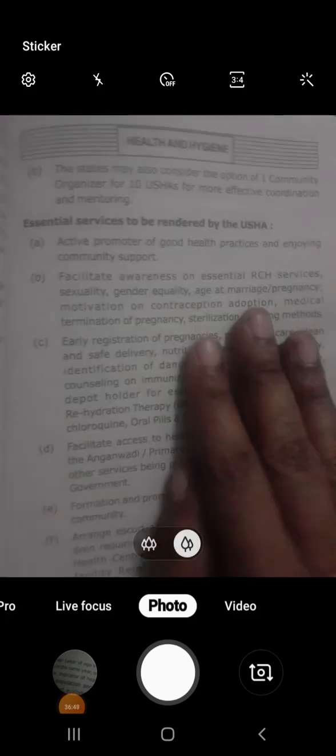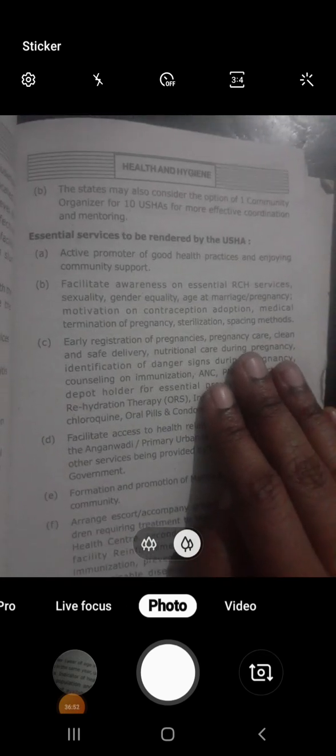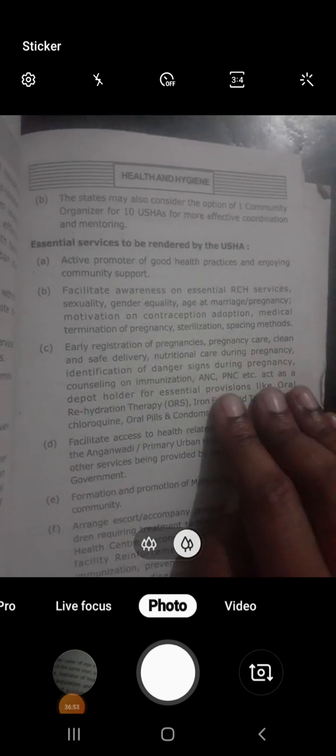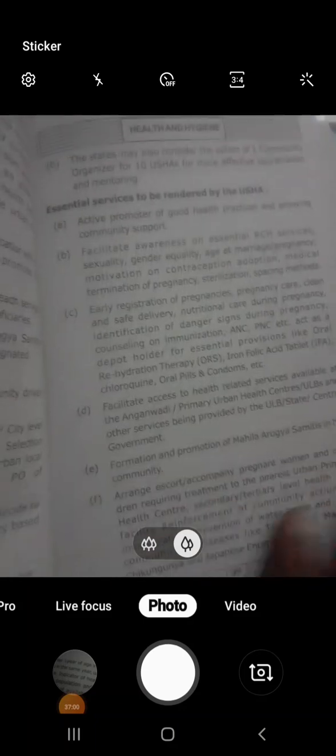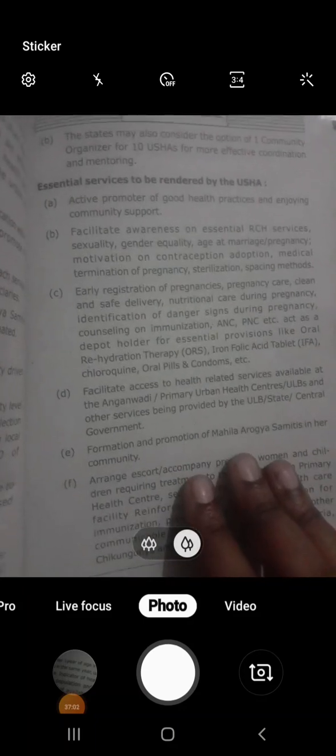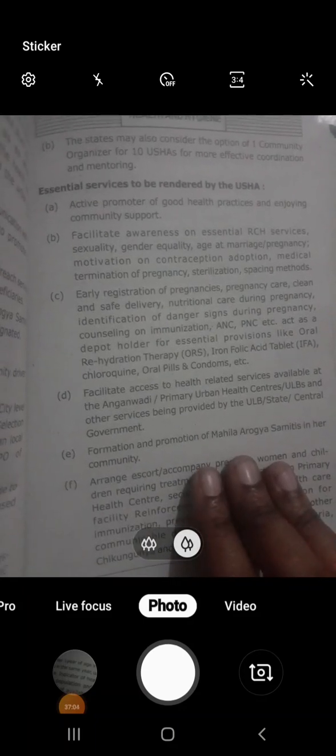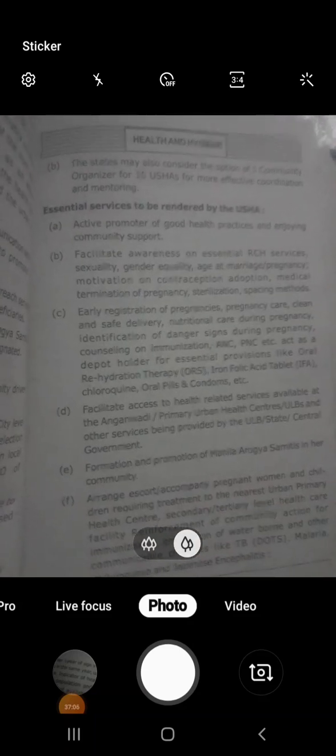Okay, so this is nothing but the ASHA. Coming to the services of the ASHA, these are good health practices, community support, facilitating awareness, gender equality, and early registration of pregnancies. These all will come. Also formation and promotion of Mahila Arogya centers, and arranging escorts. Okay, these all will come under the services. Next we are having